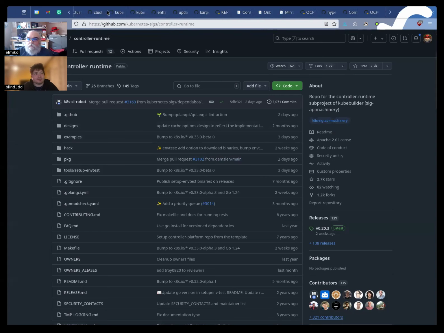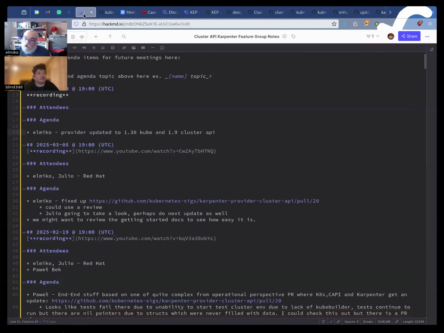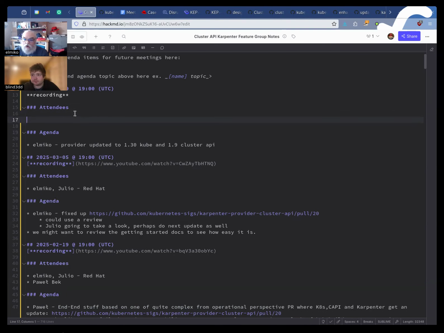Okay, that's cool. Good controller runtime question, and yeah, containers and SIG API Machinery. Good, yeah, looking towards the future too. It makes good sense to me. So, anyways, now